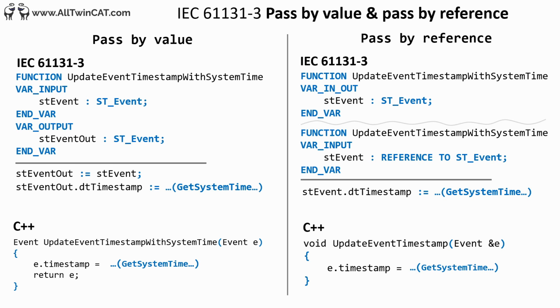1. Pass by value when the function does not want to modify the parameter and the value is easy to copy, so for example integers, floats, booleans, etc. By easy to copy I mean that the parameter is small, at most a few words. 2. Pass by reference when the function does not want to modify the parameter and the value is expensive to copy, so for example our structure event example. 3. Pass by reference when the function does want to modify the parameter and the value is expensive to copy.